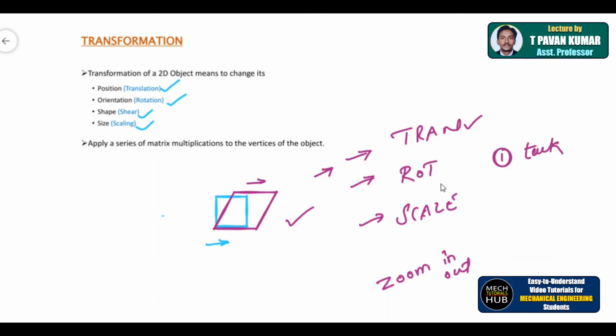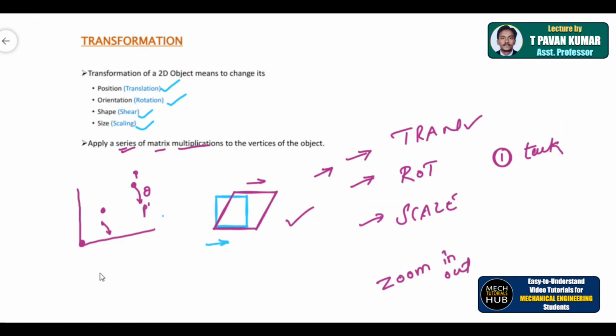Okay, which is a tough task. So such matrix multiplications can be done in series. Okay, as I said just now before this slide, if there is a coordinate system with an arbitrary point and an actual point which needs to be rotated by some angle to its new position, it is not possible to rotate from the arbitrary point. This point has to be shifted to the origin first, then it has to be rotated, then again it has to be translated back.